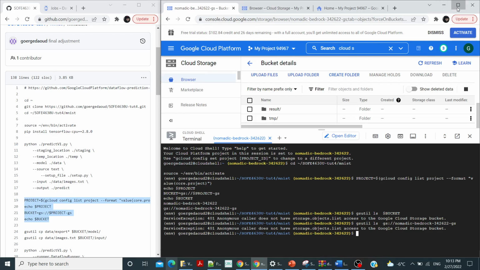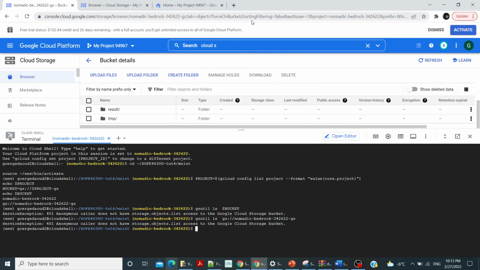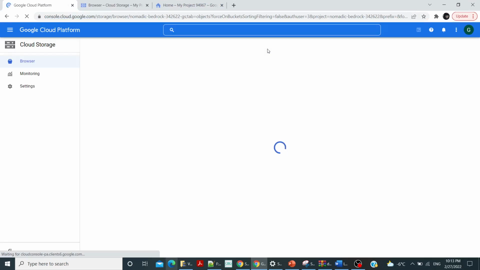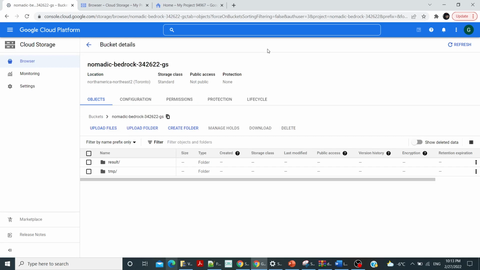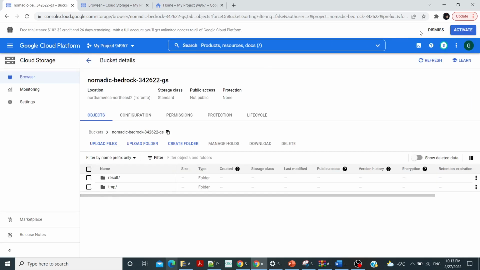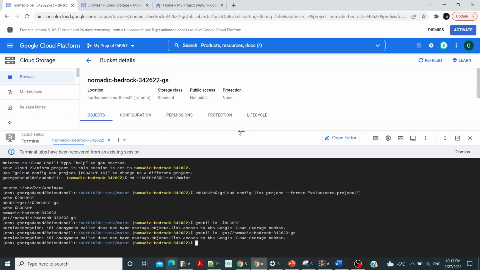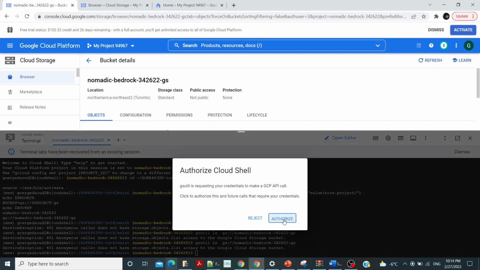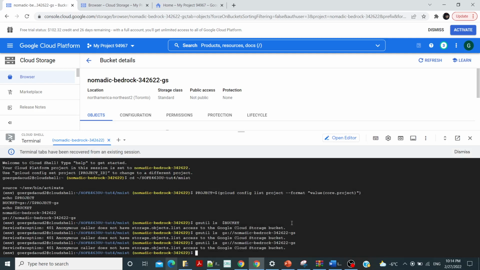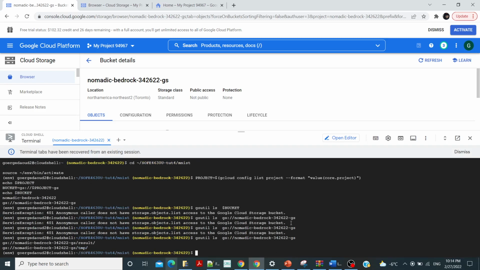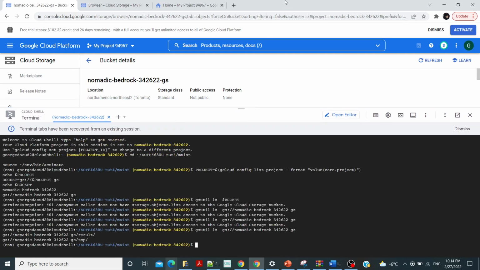So there is a problem here and maybe we need, I don't know, let me refresh it again and see how to solve this problem. Yeah, it's like authorization, and yeah, it works right now. It was some problem in authorization or something like this, but it works. So let's continue